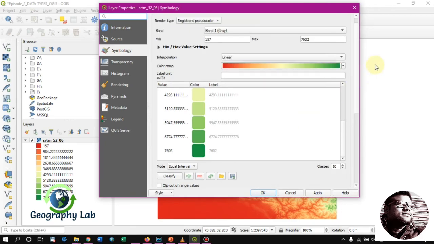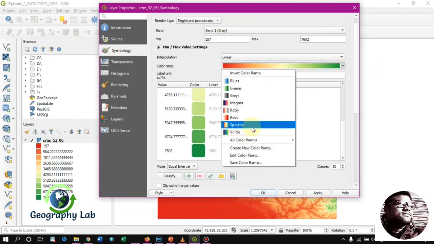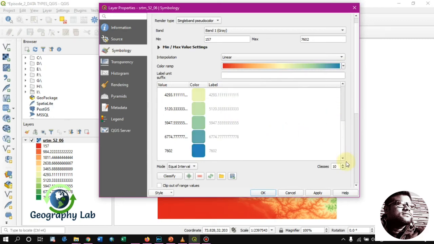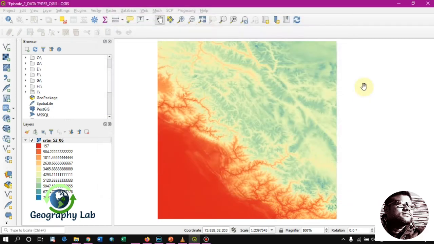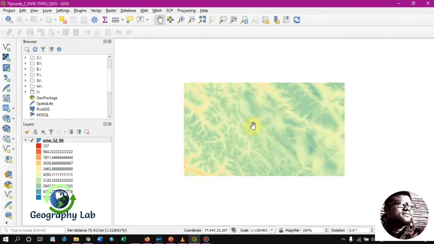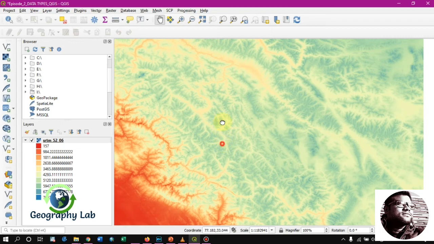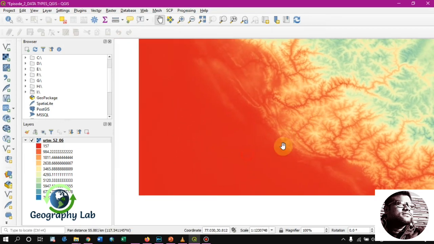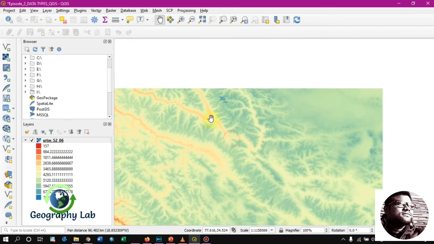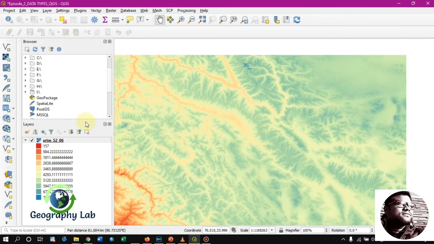Yeah, I have to choose a different color ramp, anyway, no matter. So this is how we can visualize the vector dataset and raster dataset.